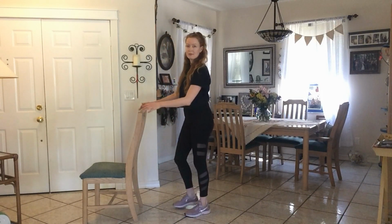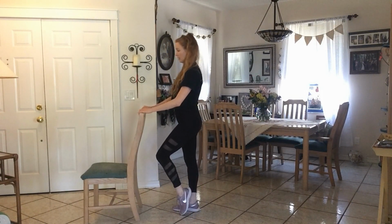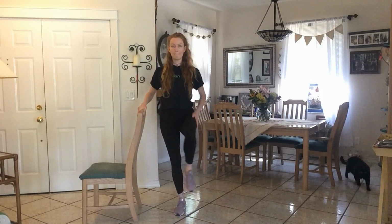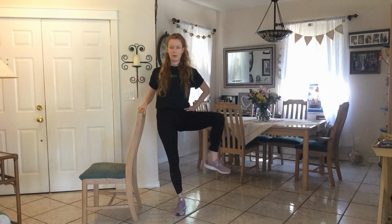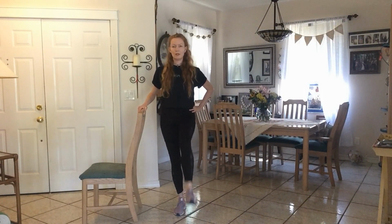What's next? Knee ups, ready? Same leg, left leg up, so the right leg is your stability leg. Hold on to that chair, bring that left knee up, out, down. Good, again, up, out, down. That was 2, up, out, down. 3, 4,